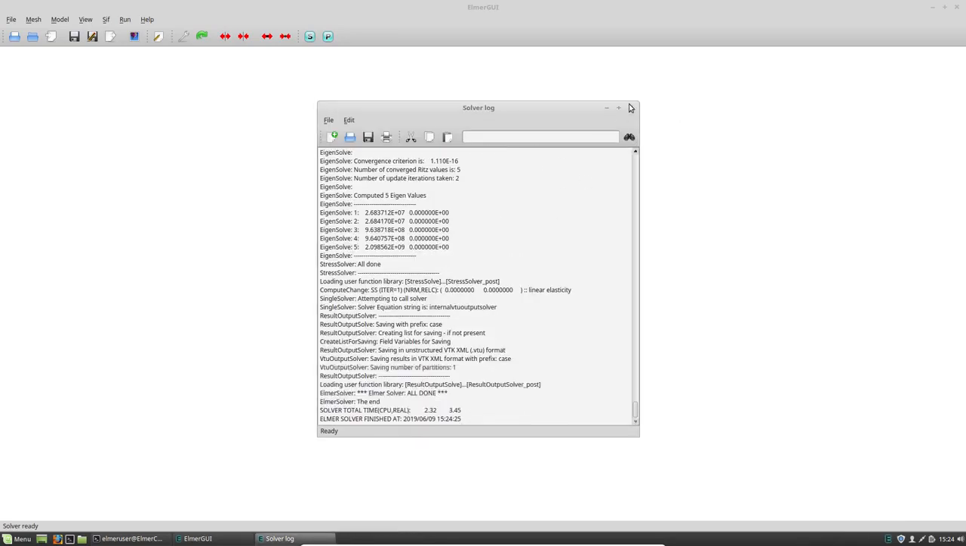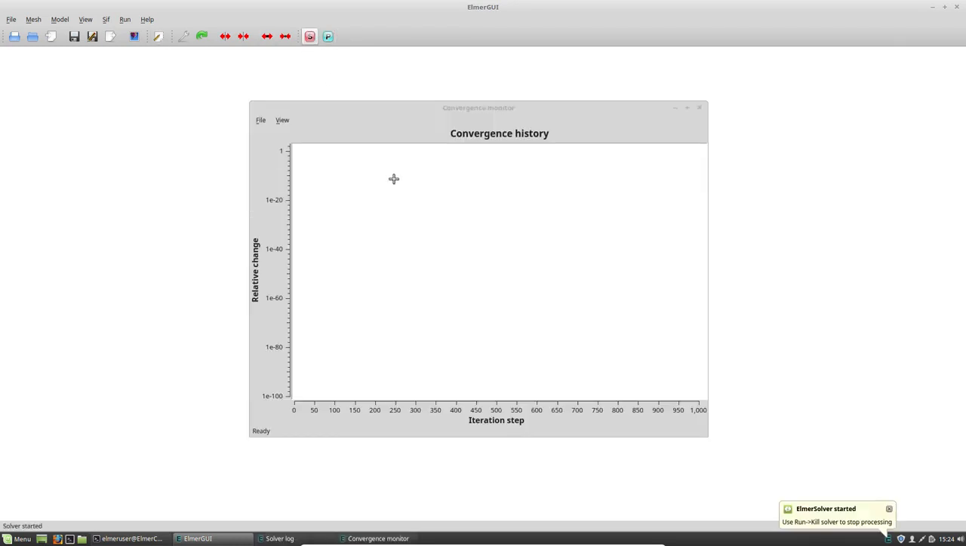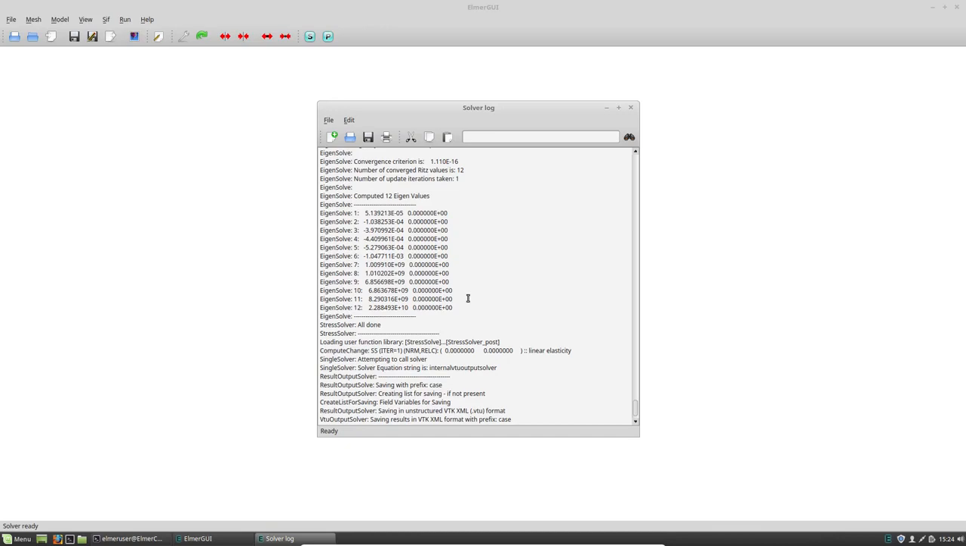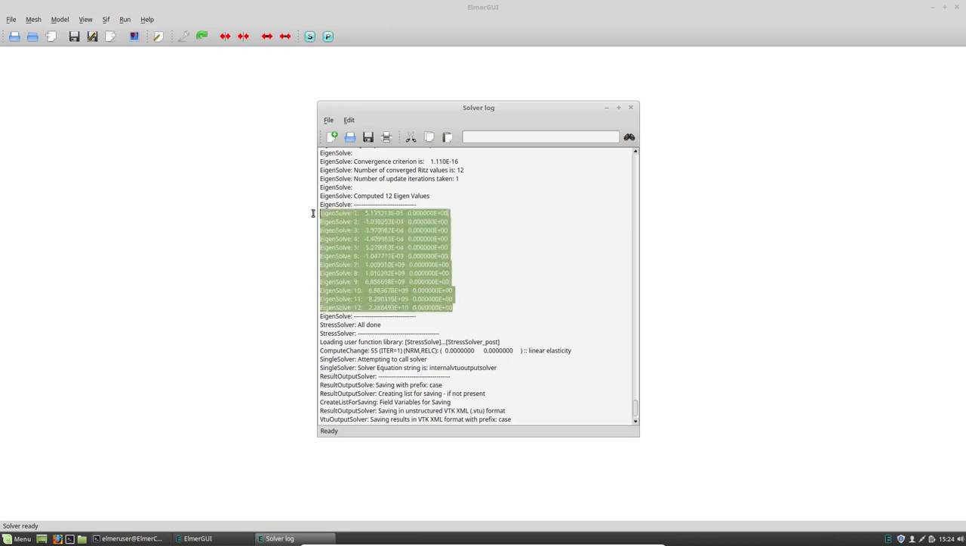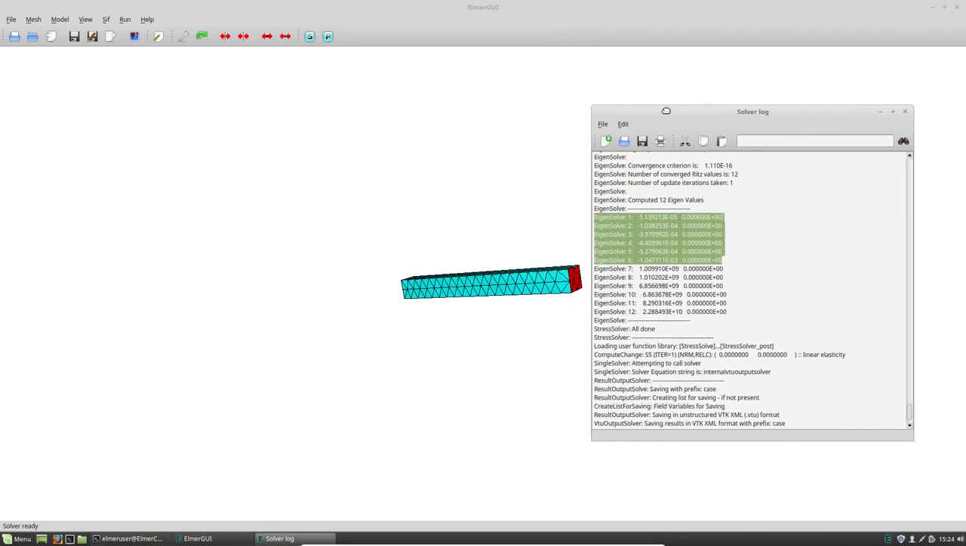And it looks like we didn't save, so let's save. And let's try it again. Okay, yeah, so it looks like it worked, and of course we have 12 eigenvalues now, but you can see that the first 6 are very small. In fact, they are supposed to be 0,